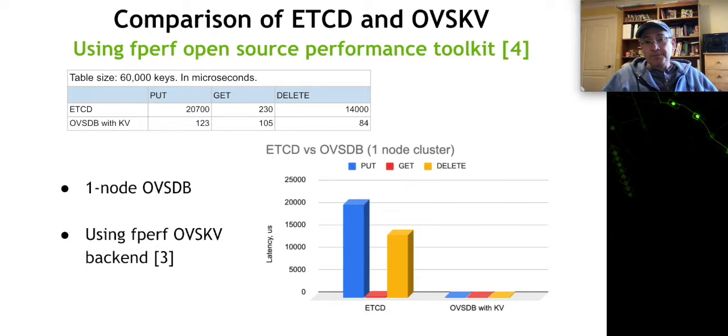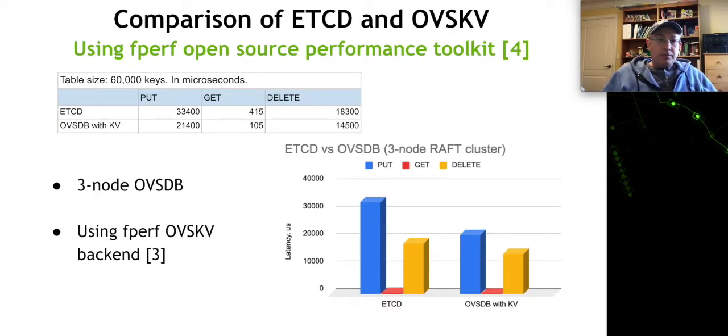As we see, I'm disregarding the put and delete results for now, but the get result is actually twice as fast, or even more, which is quite impressive. The put and delete difference, in this single etcd versus single OVSDB instance test, is primarily attributed to the fact that etcd always does networking operations even if it's a single node, whereas OVSDB does this only when it's connected as a cluster. So again, the benefit here is that the design of OVSDB is more proper this way.